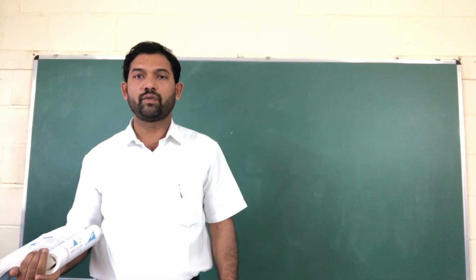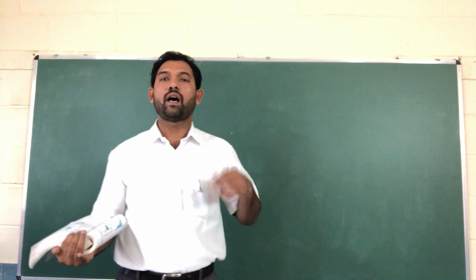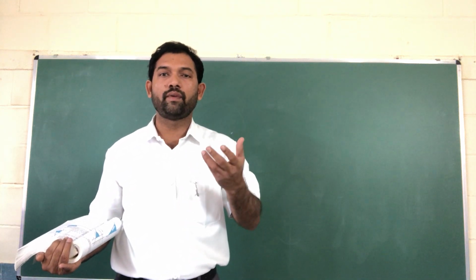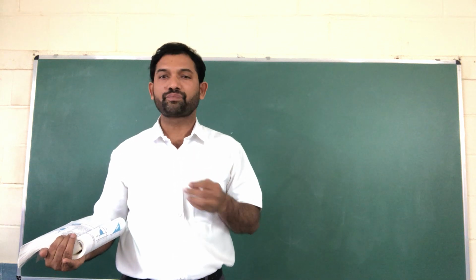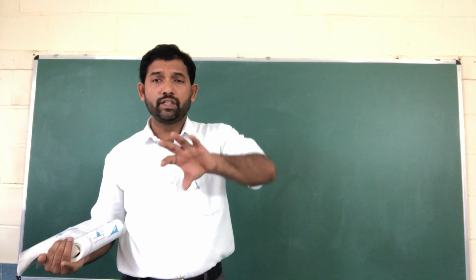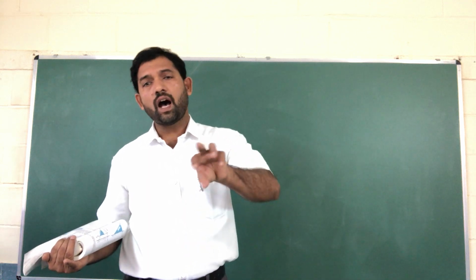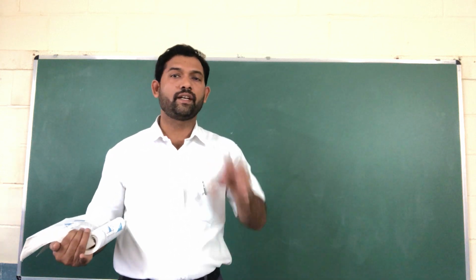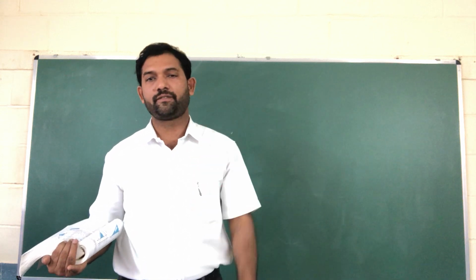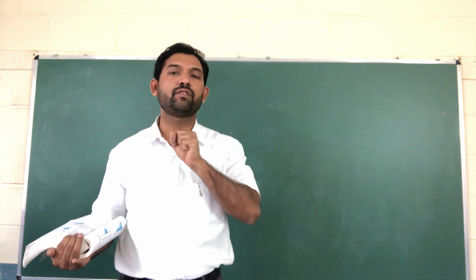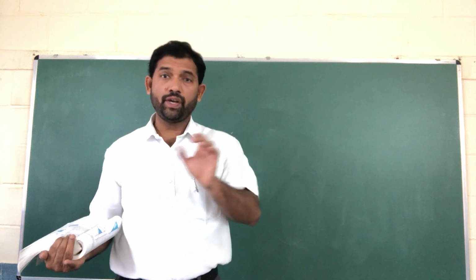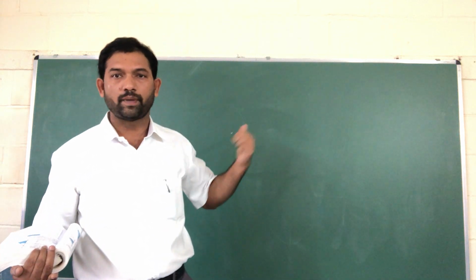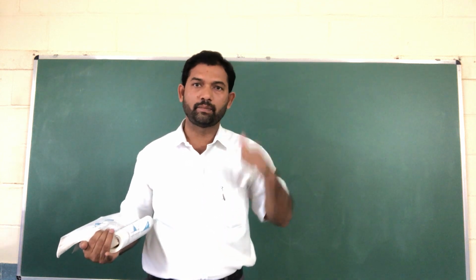Understand? Listen once again. When two or three inequalities are given, all of them intersect in one area. The intersecting area is what you have to shade. That is your solution set. How we are going to shade and identify it, I will explain now.